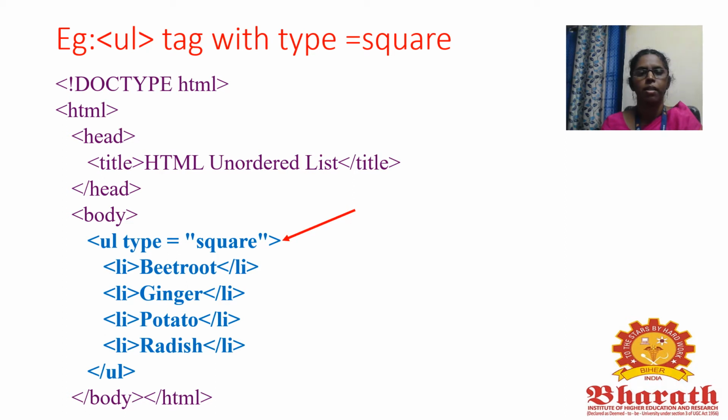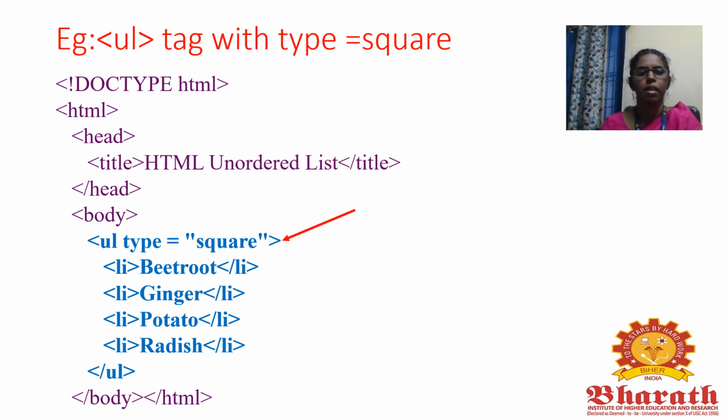And the next part is nothing but a head part. So within the HTML, we have to write the head part as well as the body part. So we are having the opening tag HTML. Then at the end of the coding, we are closing the HTML, that is /HTML. Within the head, we have to specify the title of this program, that we have to embed the text within the title tag. Then we have to close the head tag. Then within the body only we have to specify the list.